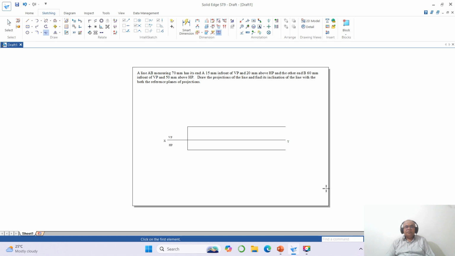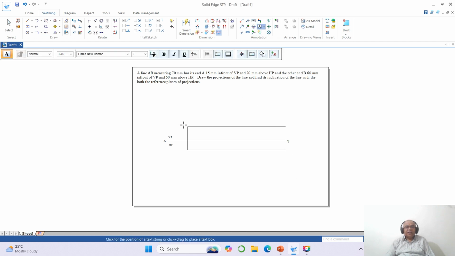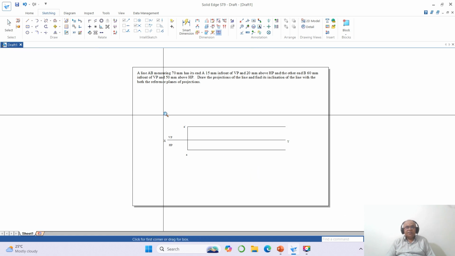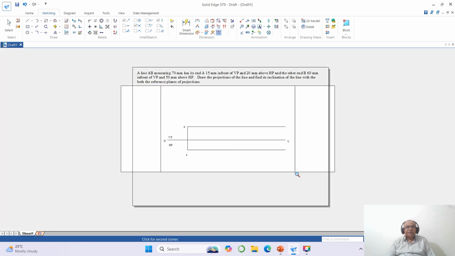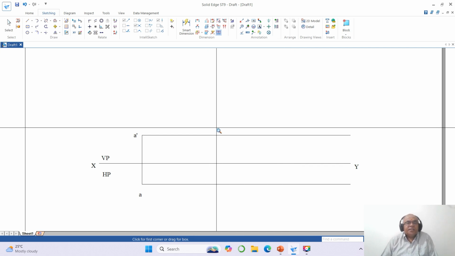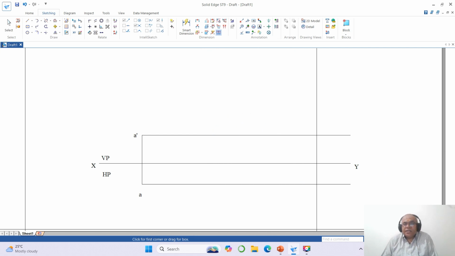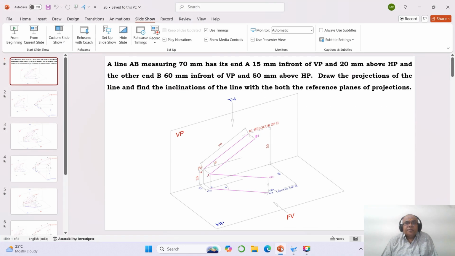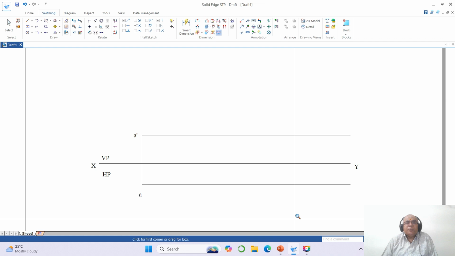So now I have both A dash and A. I will write this as A dash and this as A. Then zoom the window and bring it nearer to the screen. Then he says 60 mm